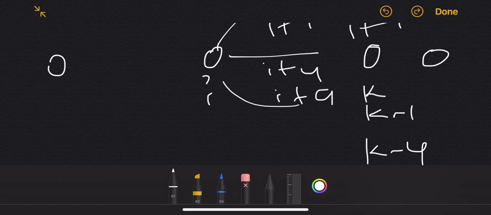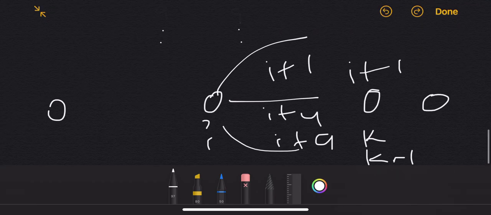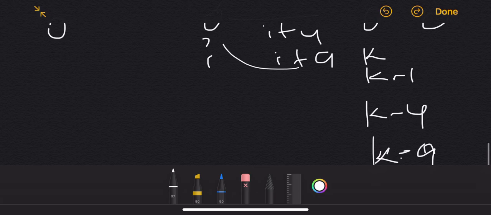So just take a moment to digest it. You are at the k minus 1th node with 10 hops, and at the 11th hop you will be at the kth node, because you will be just adding 1. At any point of time your hop will be 1, 4, 9 in our case, because these are the only perfect squares which are less than 12. And if we take k minus 4, if we are at the k minus 4th node, in one hop we can just add 4 and we can come to k. So the problem is clear now.